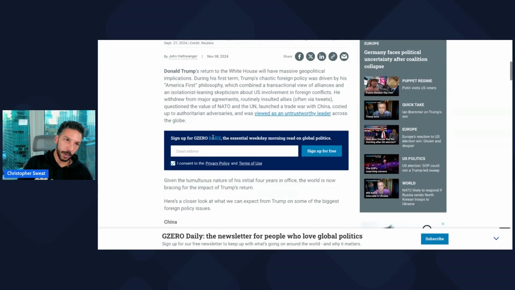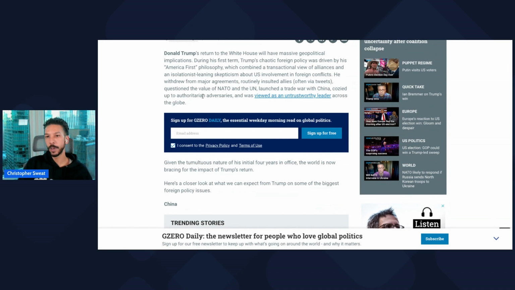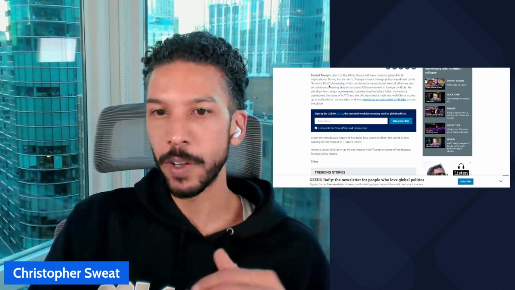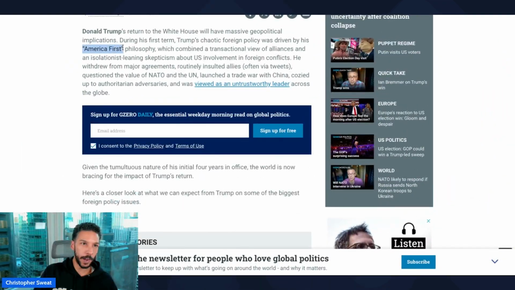Some of the key areas that the conversation on Trump 2.0 will revolve around is how will he handle Taiwan? How will he handle the Middle East? And how will he handle Ukraine? How will he handle Mexico, Europe? And Ian Bremmer, some of you may know Ian Bremmer. He's one of the more famed political risk and geopolitical analysts. But Ian Bremmer is going to write in detail what he thinks frames this next Trump administration. And there's pretty broad consensus, regardless of which group you're in, that Trump policy